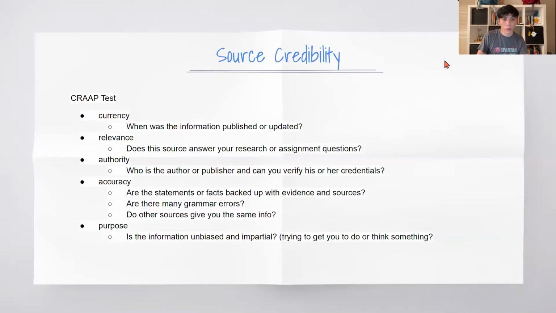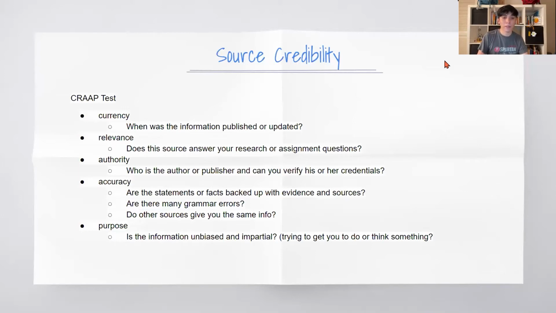Like, if you look at a source and it's an article but it doesn't show you the author, you have to at least find the publisher. And if that publisher is credible, like let's say it's from Pew Research. Pew Research is a credible source, but sometimes their articles might not have an author because it's just general information that they want the public to know. Sometimes sources have both the author and publisher, so check the credibility of both of those things, okay?